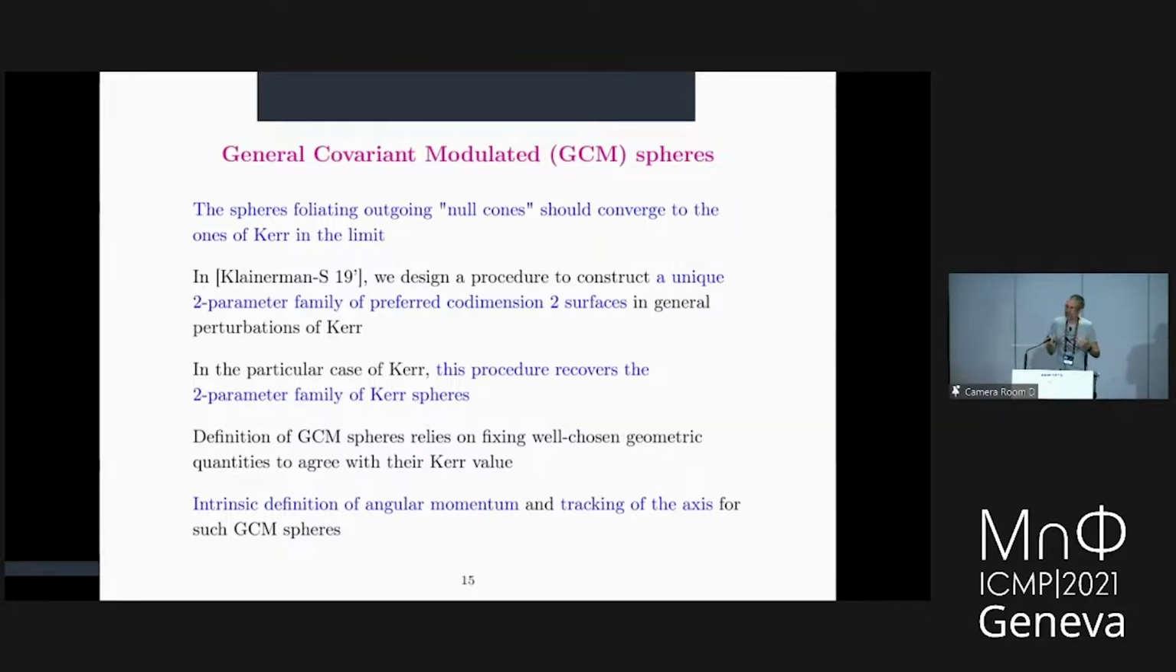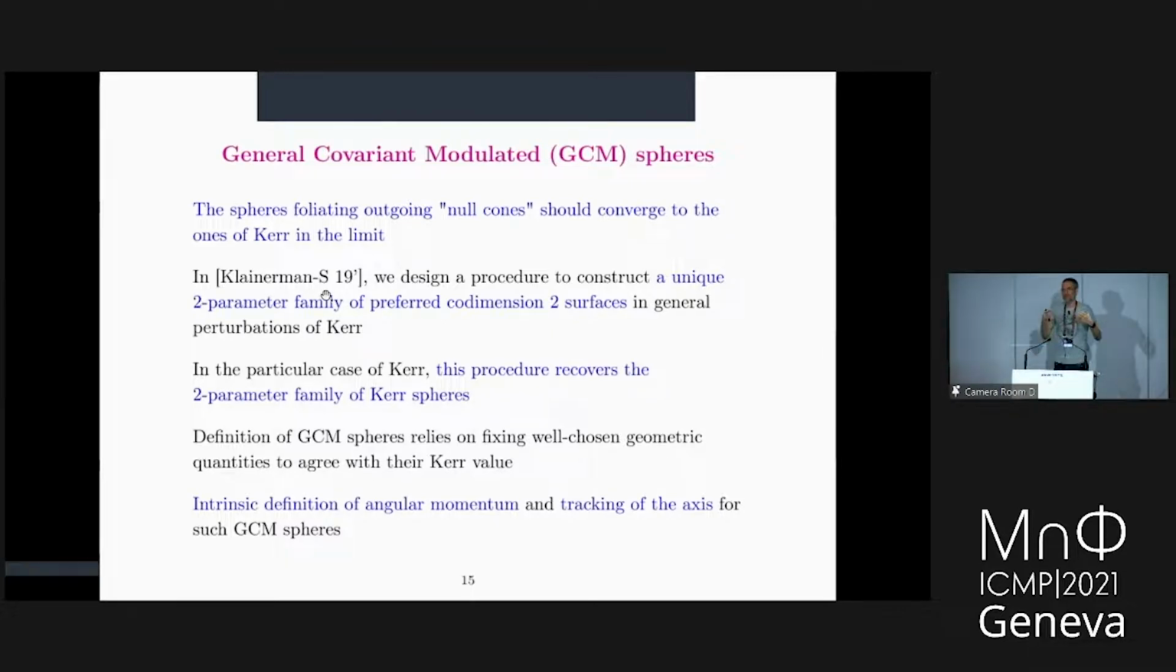So in the work in Schwarzschild, we had such a procedure to recover the spheres of Schwarzschild, which in this case are round spheres. But this procedure was relying on the symmetry assumptions. So to move to Kerr, we had to remove this symmetry assumption because we work with general perturbations of Kerr. So in joint work with Sergiu Klainerman, we designed a procedure which extends the one of Schwarzschild and which allows us to construct a unique two-parameter family of preferred codimension two surfaces in general perturbations of Kerr. In other words,